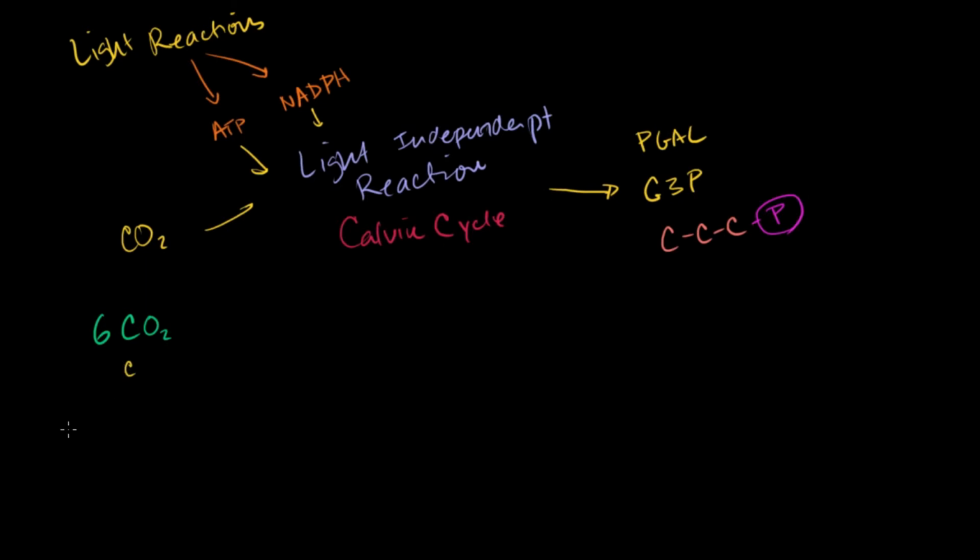I'm not showing you the oxygens on here. And what happens is the 6 CO2s essentially react with, and I'll talk a little bit about this reaction in a second, 6 molecules of this molecule, which is going to look a little bit strange to you. You could call it RuBP. That's short for ribulose bisphosphate, sometimes called ribulose 1,5-bisphosphate. And the reason why it's called that is because it's a 5-carbon molecule, so 3,